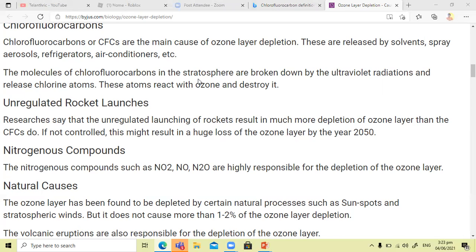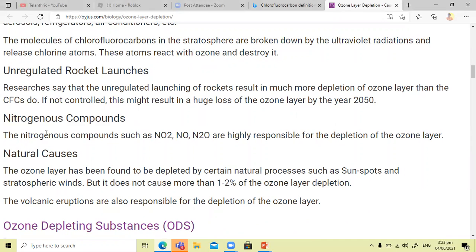All right. So this is basically fireworks, and they're apparently worse than the CFCs, but that doesn't mean you should be releasing CFCs. It's still bad. All right. So